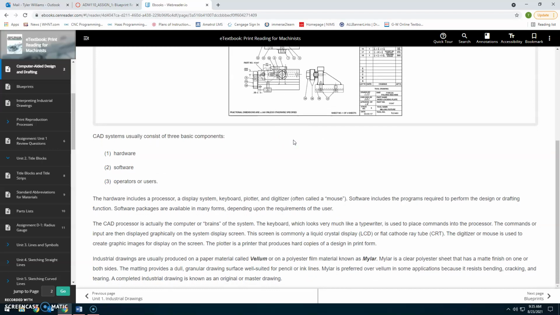CAD systems usually consist of 3 basic components: hardware, software, and operator or users. The hardware includes a processor, a display system, keyboard, plotter, or digitizer, often called a mouse. Software includes the programs required to perform design or drafting functions. Software packages are available in many forms depending upon the requirements of the user. The CAD processor is actually the computer or brains of the system. And